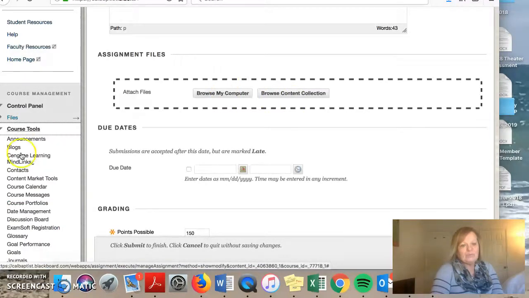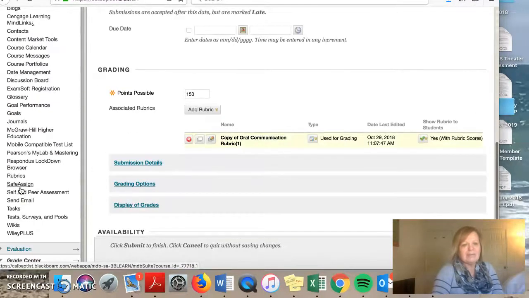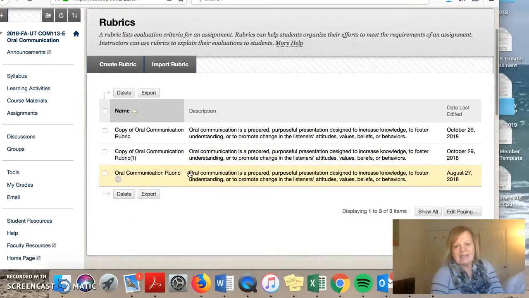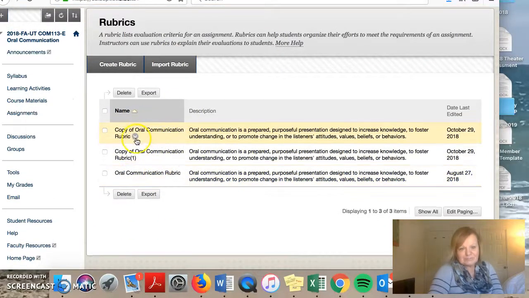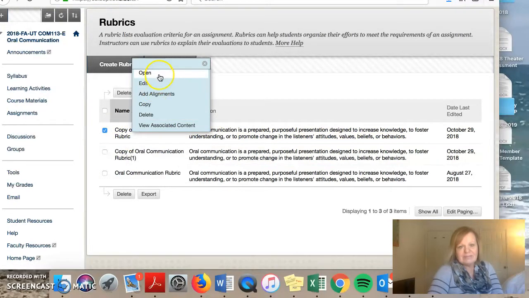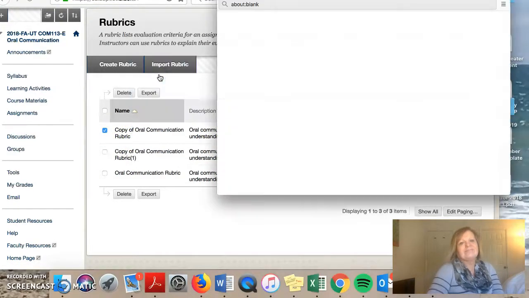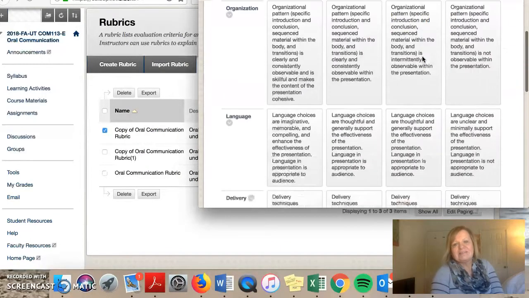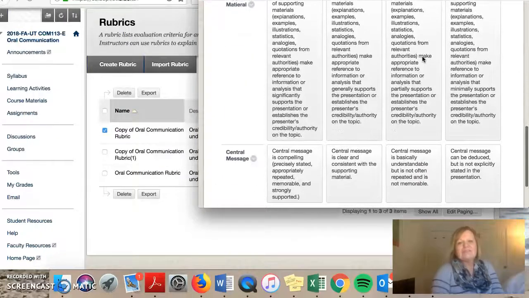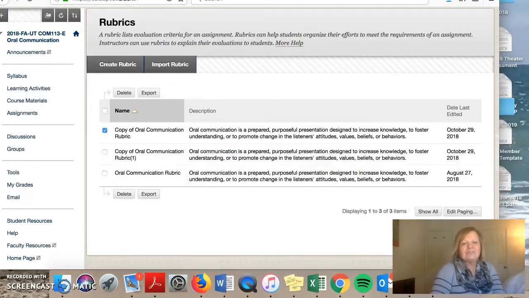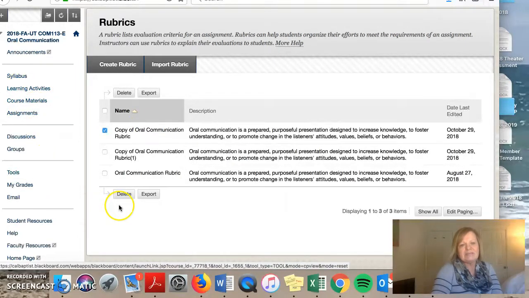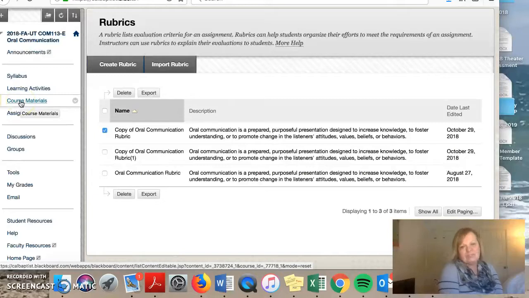In fact, let me go to rubrics and show you what I mean by that. So if you go to rubrics here, you can see I have a few different rubrics available. And the rubric here, if I open it, you can follow the language there. So if there's any deviation from this, or your situation's a little bit different and you want to have an additional bit of information, please reach out to me at